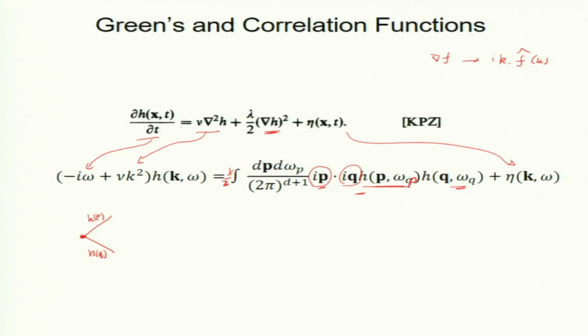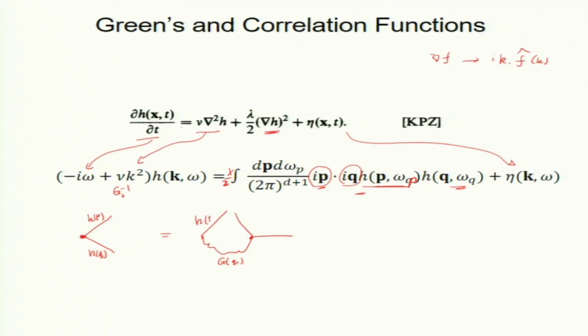I write this as a Green's function: expand h q as a Green's function times the nonlinear term. This is my G naught inverse by definition. So, I take these to the right hand side and multiply by the full right hand side term. So, we write this as a Green's function G of q, with one h of p there. Now, what do we get? Well, basically focus on the nonlinear term. I get one h and one h here.